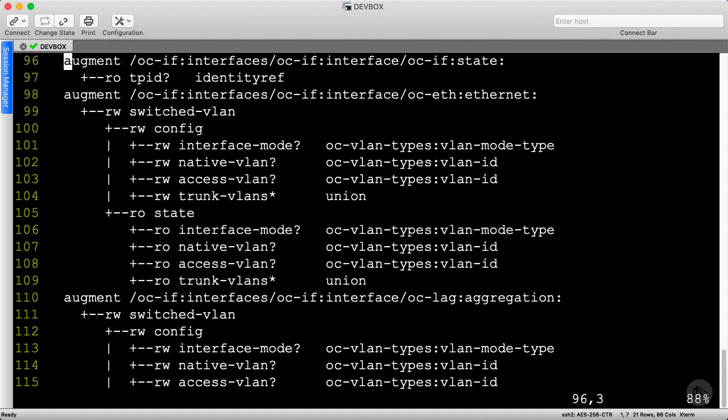As we learned in the previous clips, netconf uses XML payloads exclusively, so how can we logically build an XML payload from this tree? We'll cover that in the next few clips.